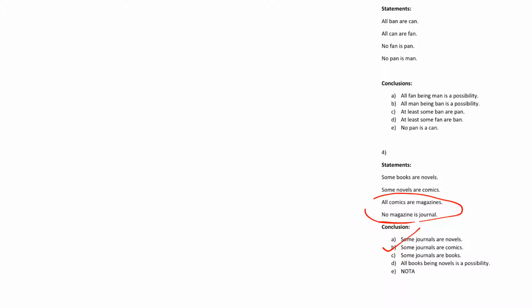Some journals are books. So we'll see which one we have to consider: journals and books. So we would have to go through the full thing, but we don't need to solve anything here. Why? Because see this, there's some plus some. For moving down the chain to connect novels, comics, magazines to get books and journals, we are going through two sums. Obviously, two sums mean no conclusion, and when there is no conclusion, any possibility can be true. But this is also not our option. So this is gone. Now we'll go with option D.